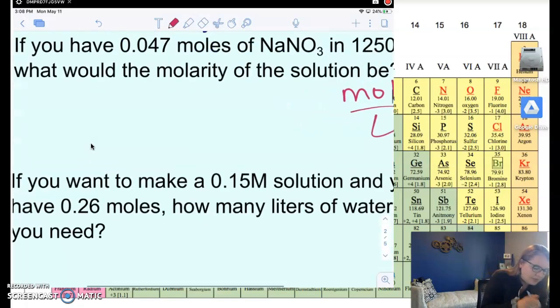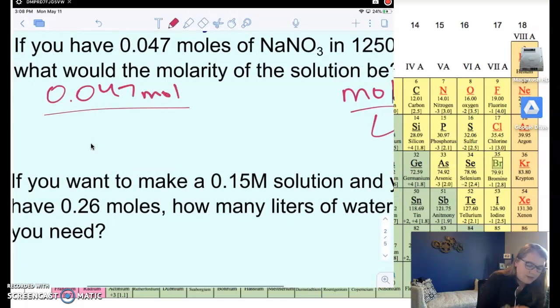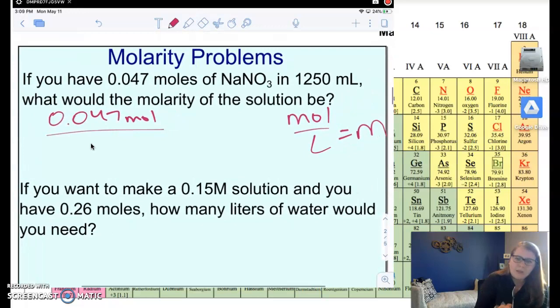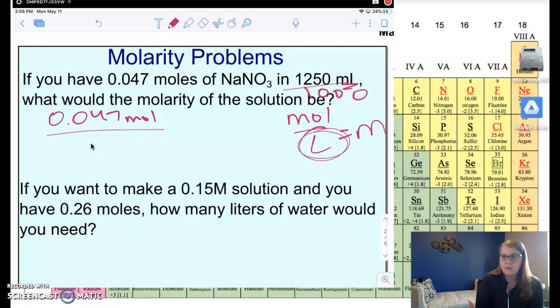Well, you would take your 0.047 moles, and here's the first thing I want to point out. Notice that molarity is always measured per liter. So if you've got milliliters, you're going to need to modify that. So if I've got 1,250 milliliters, I can divide that by 1,000 in order to get to liters. So this would be 1.25 liters. So 0.047 moles divided by 1.25 liters. And when we do the math,